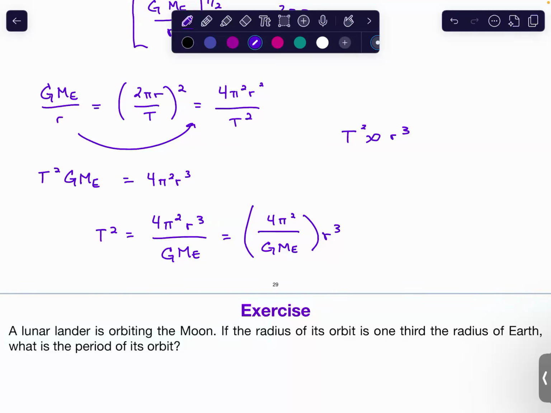The whole thing is your period squared is directly proportional to your r cubed. For proportionality to become equality, you have to have a proportionality constant. So your T squared has to equal some constant times r cubed for it to be equal. And so our constant in this case